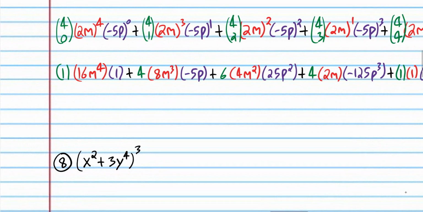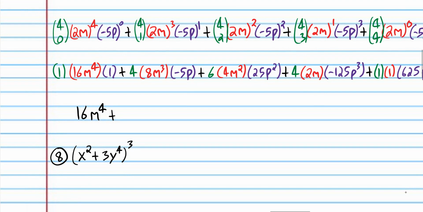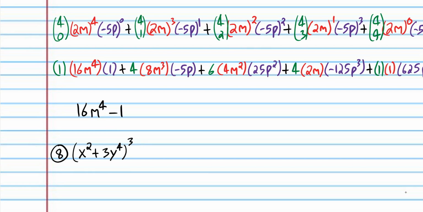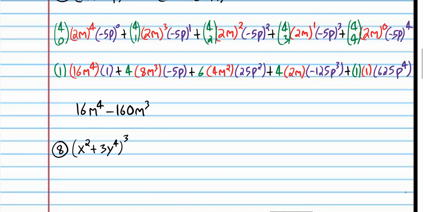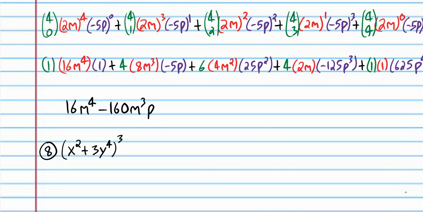So now we just simplify. So we have 16m to the 4th power, and that's going to be actually negative 160m to the 3rd power. And we have a p,